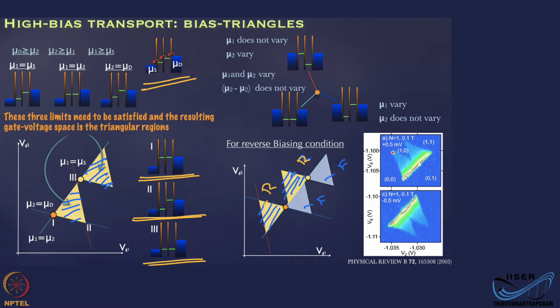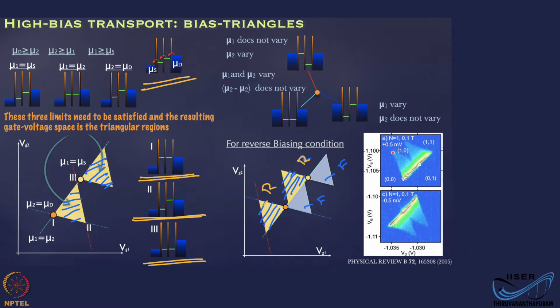And this is experimental data showing the orientation of this triangle taken from this work. For positive bias, you are getting the upward facing triangles, and for negative bias, you are getting this downward facing triangle. And this positive and negative are just relative, because that depends upon which side they have assumed drain and which side they have assumed source. So the positive side and negative side may not match through all the publications or all the work. That is just a convention. Which side you have assumed positive, which side you have assumed negative.